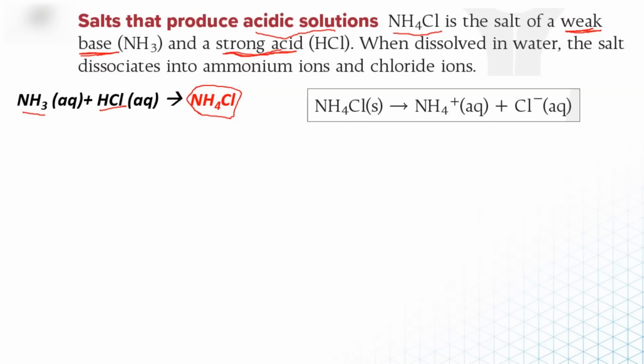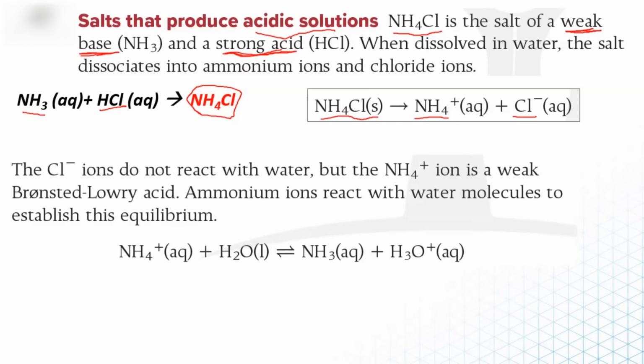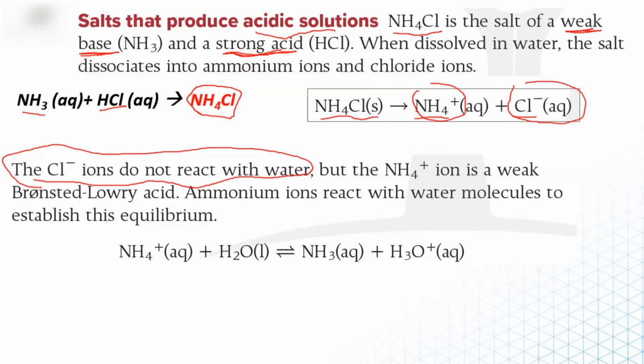And when we dissolve this in water, you will get positive and negative ions. Now, one of these is going to react with water, in salt hydrolysis. Salt hydrolysis means that one of these positive and negative ions will react with water. And we find here that the Cl negative ions don't react with water. So NH4 positive, or ammonium, will react with water and it's going to be a weak Bronsted-Lowry acid. It means this one is going to give